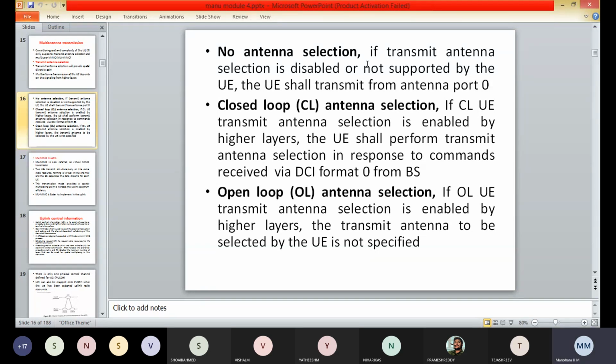Here, if the closed loop UE transmit antenna selection is enabled by the higher layers, the user equipment, that is the UE, shall perform the transmit antenna selection in response to commands received via DCI format 0 from the E node B.